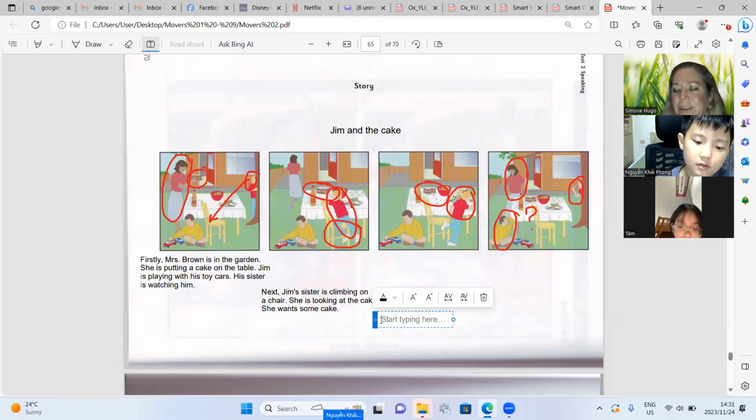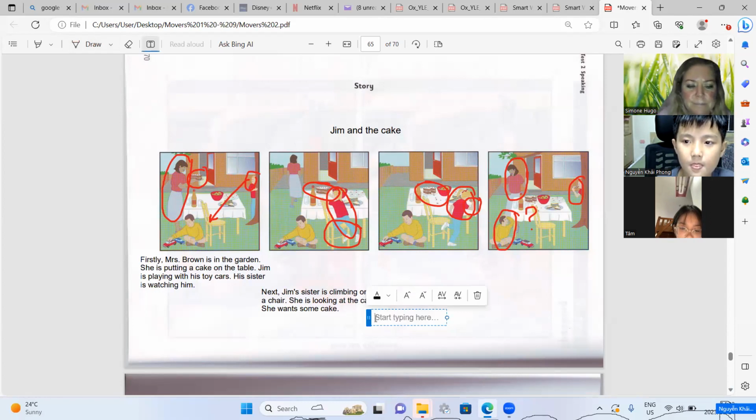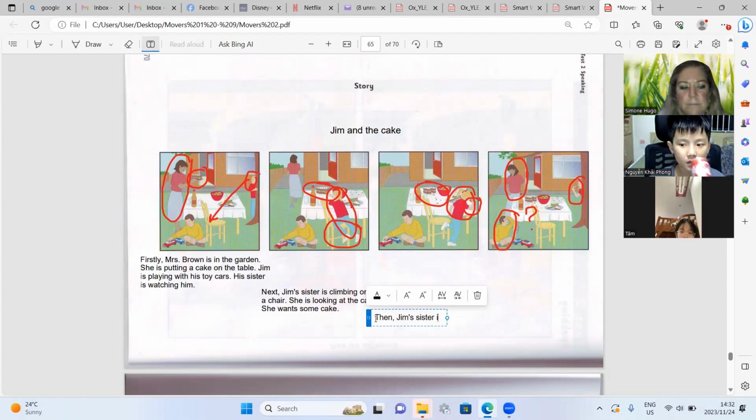What did she take? She is taking the cake. Okay. So Jim's sister is taking some cake.